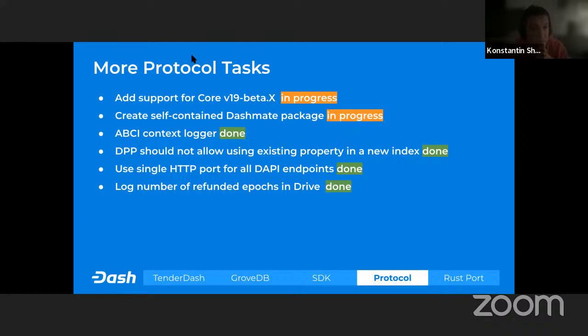DPP should not allow using existing property in new index. So this is just a restriction for data contract. Let's say we have data contracts and we decided to update it. And if we want to add a new index, we are not allowed to use old fields in that new index. This is because of